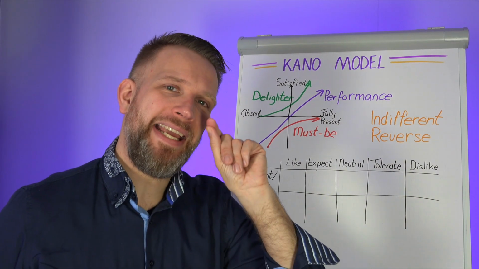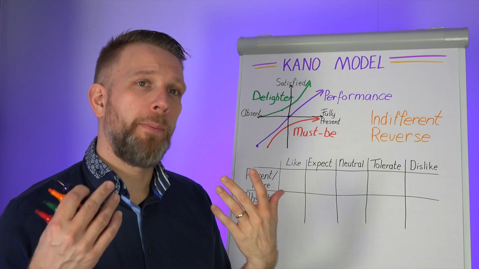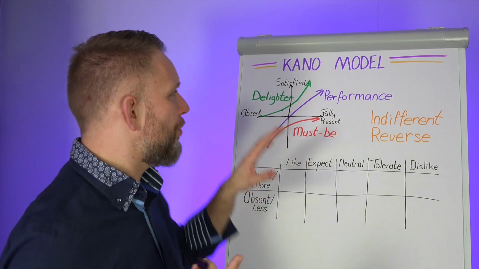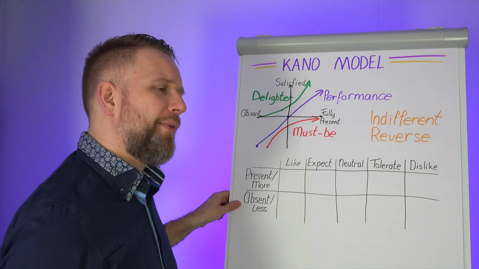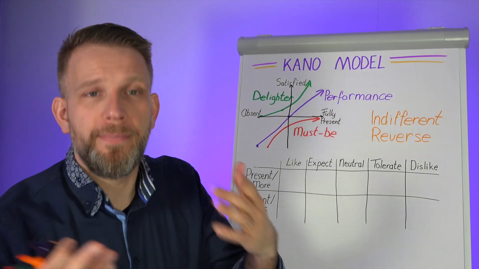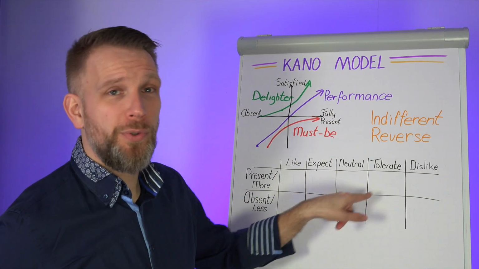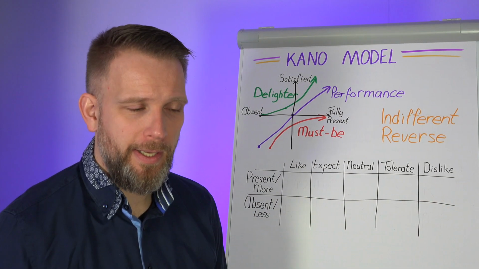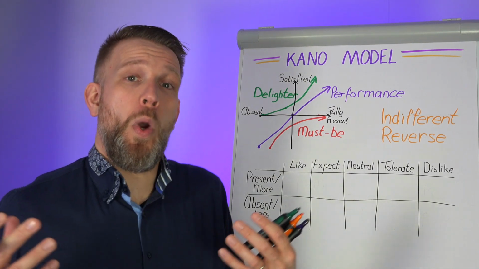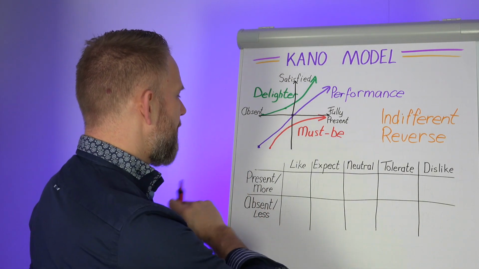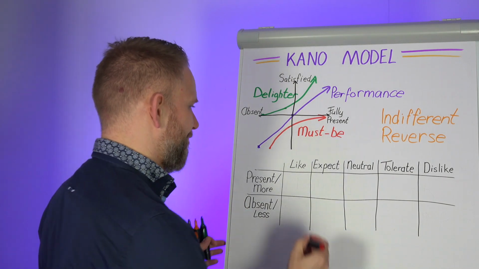And then you have to ask a second question, and this is a little bit of a test as well, but it is important because it goes to these two aspects here. So that same characteristic, what if it's absent? Or what if there's less of this characteristic? Would you like, expect, be neutral, tolerate, or dislike this? Now, that will give us the answer. How does it work? If it is present, and we basically just expect it to be present,